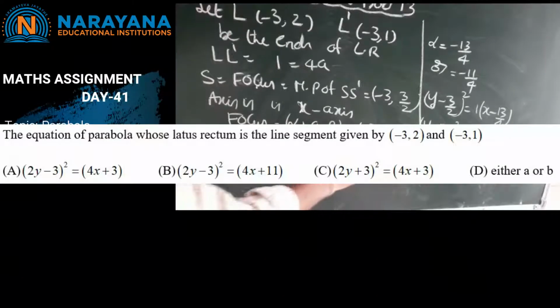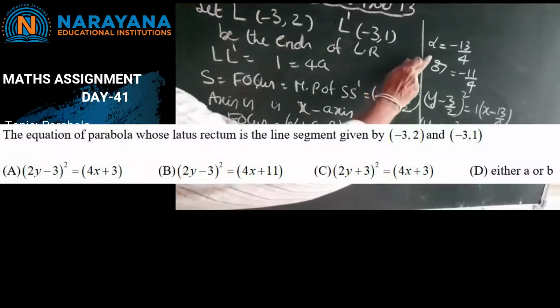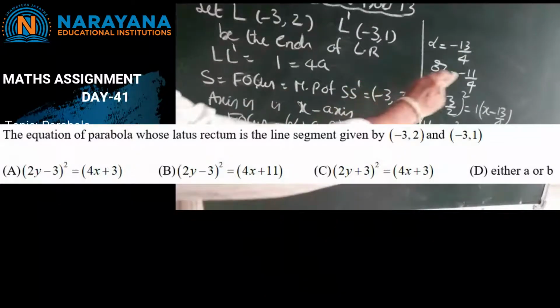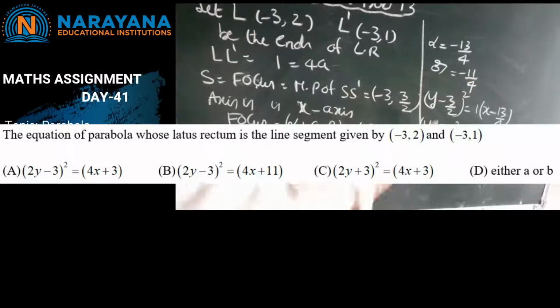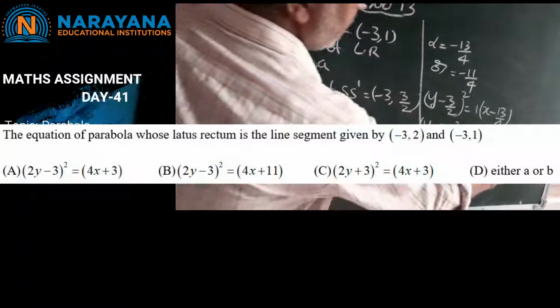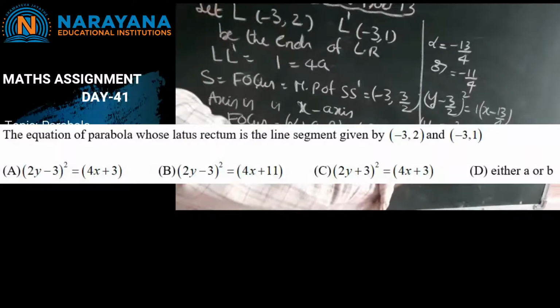α plus or minus a is equated to −3, and β is equated to 3/2. So the α value will be −13/4 if you take α + a. If you take α − a, α will be equal to −11/4. So these are the two equations. By simplifying, you can get this option in the options. This is the answer that is given in the option.